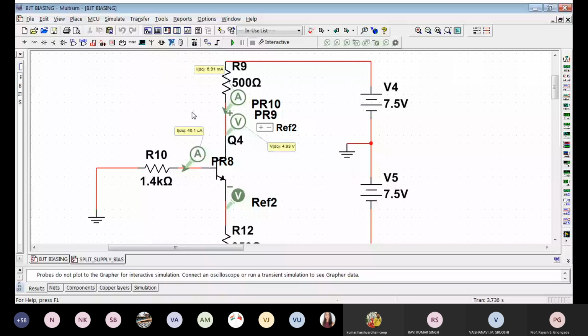At this point you'll feel that why am I repeating these concepts again and again? The point here is that if the concepts related to biasing are not concretized, then you will not understand what exactly is the importance of biasing and the stability of the Q point. So three different perspectives we have already seen of the same concept. Any doubts? Any questions so far?